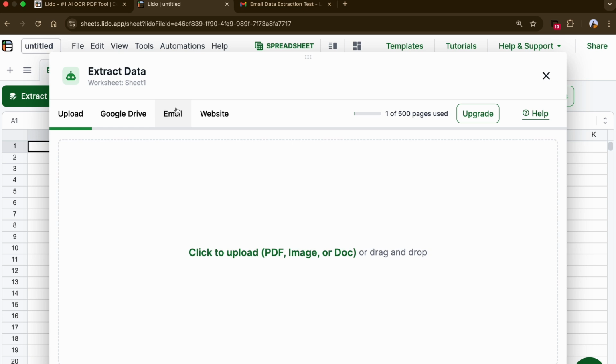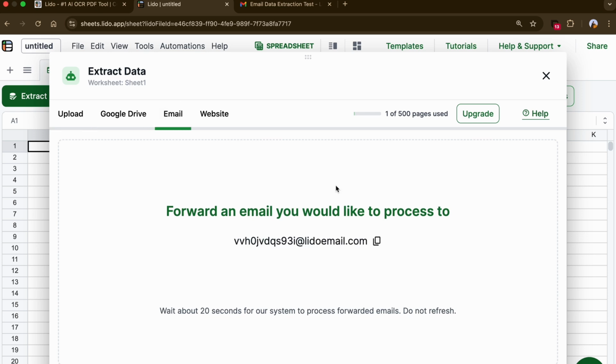So I'm going to go ahead and click on email. And here you can see Lido provides me an email inbox where I can forward my emails. If you've seen in Zapier, I had to go through an entire process of creating one, sending in an email, then selecting the data I want to extract, and then actually running it. Lido saves time. So you just have to copy this email address and send an email that you would like